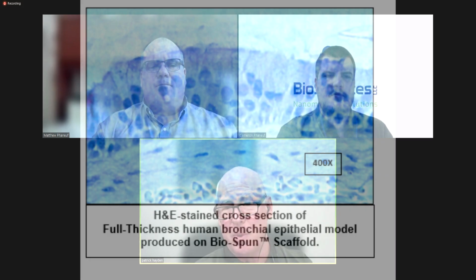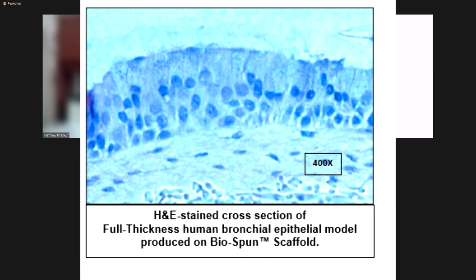Now that you've had a chance to dive more deeply into working with the biospun scaffolds, what have you been able to achieve using these scaffolds in your studies? We have also shown that the scaffolds can be used to produce full-thickness airway and intestinal models, and we have continued to refine and optimize the skin models. In addition, we were recently awarded a Phase 2 SBIR from NIEHS that will allow us to further develop the skin and lung models and validate them for specific applications, including skin phototoxicity, irritation, inhalation toxicity, and tobacco research. We will be performing this work in collaboration with the Institute for In Vitro Sciences,